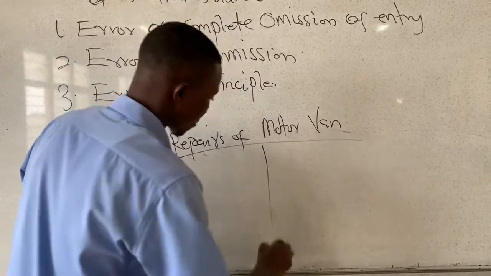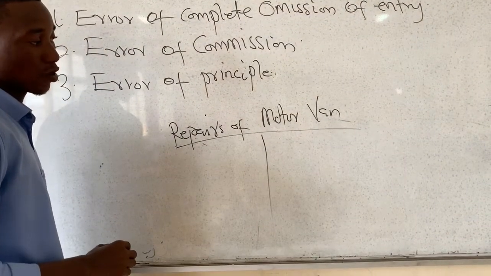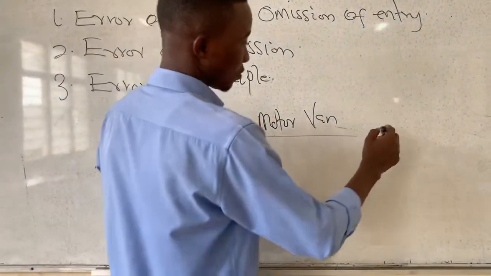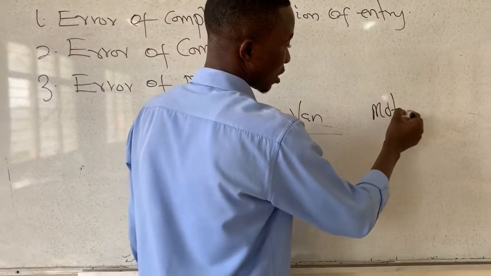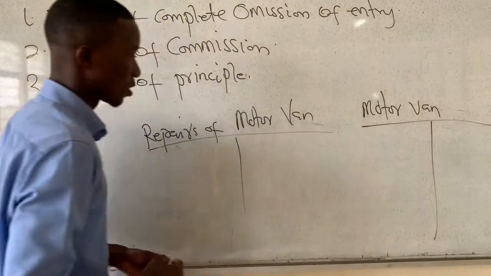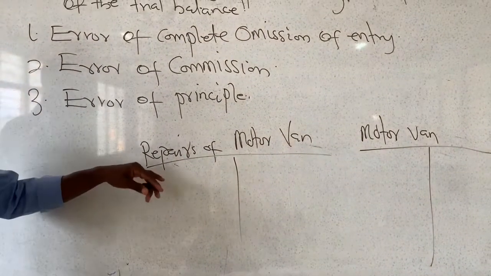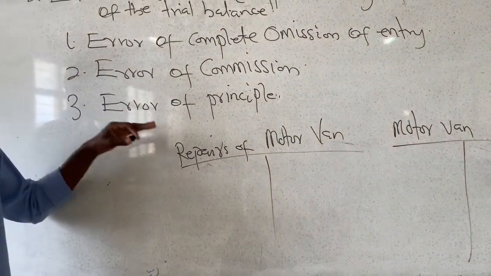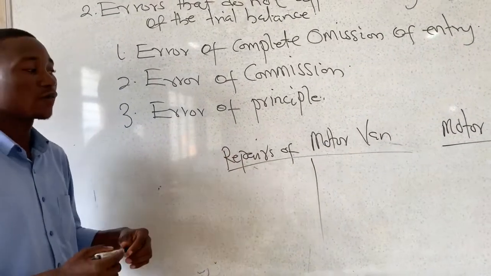Okay, this is a nominal account, an expense. And we have another motor van account, which is a real account. So maybe the transaction is actually talking about repairs of motor van,